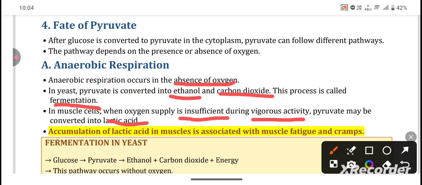So for the efficient breakdown of pyruvate, there must be an efficient amount of oxygen. If there is a lack of oxygen, it will lead to the accumulation of lactic acid in the muscle, which will lead to pains and cramps in our body. In case of yeast, the pyruvate will be broken down into ethanol and carbon dioxide, which is the process of